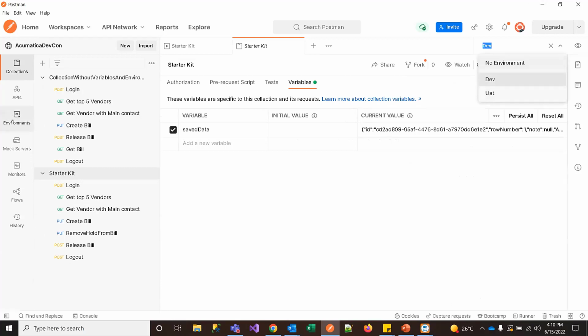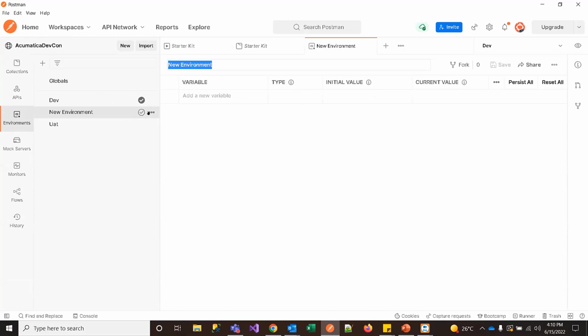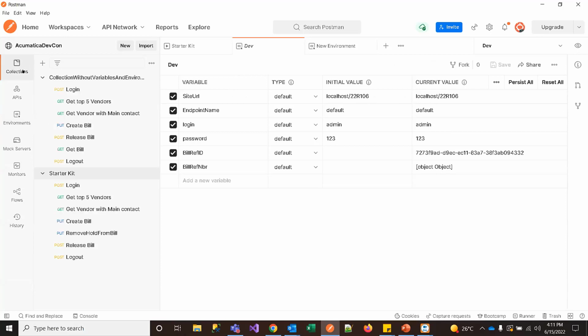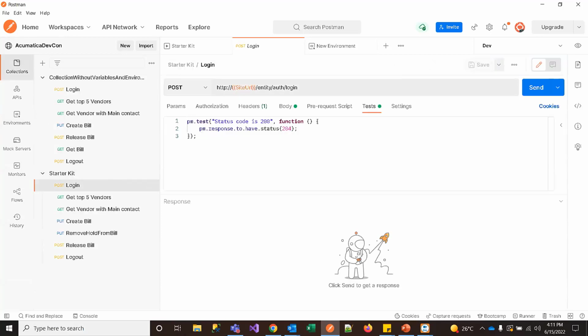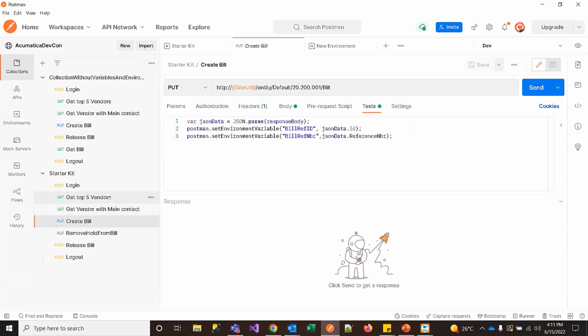There is an environments section within Postman. If you just go into it and click on the plus icon, you'll be able to create as many environments as needed. Here, for the dev and UAT environments, I have environment dependent variables. For example, we saw the site URL earlier, and that is encoded here. The initial value is this, and the current value is also the same now. That is localhost 22R106, which is the one I have used in all these API calls, to make sure that I'll be able to modify the instance name